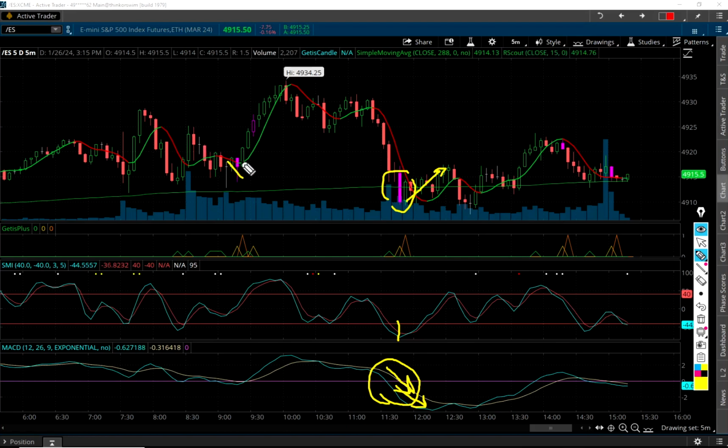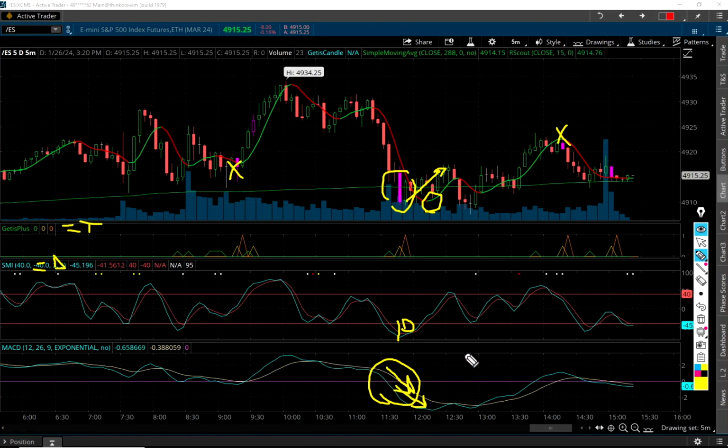See, now hopefully everybody gets it now. We looked at two really good opportunities here and here. This one and this one were excellent. This one was a bit shaky. The GetisPlus Indicator said there's a trade there for timing. The direction was there, right? We had direction both here, and it turned green eventually over here. But it wasn't exactly ideal because the MACD is pointing down. This is more of a long-term indicator. It's kind of giving us the flow of long-term momentum,